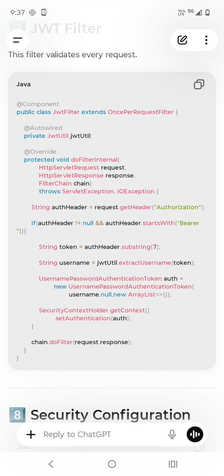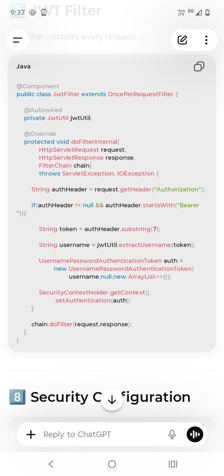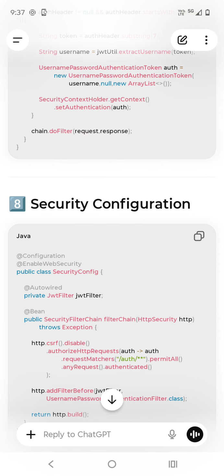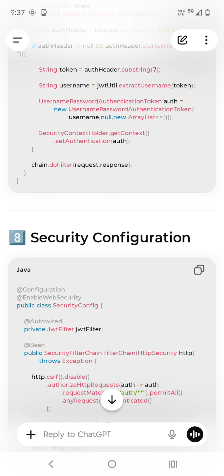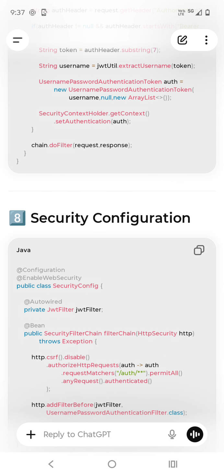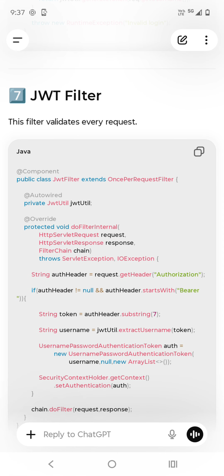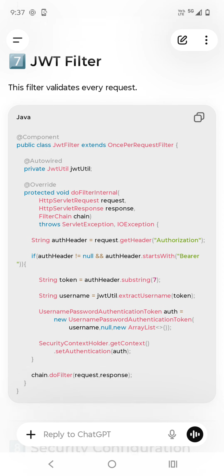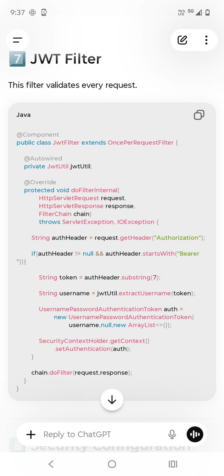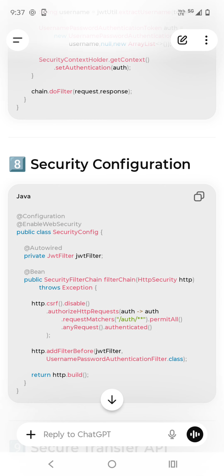and the token, SecurityContextHolder.getContext().setAuthentication(...), we are setting the authentication object. We are authenticating it. We are making sure this particular request has a bearer token, a valid token, and we authenticate it. Getting it right? So that is why this filter validates every request. You can see the JWT token, it validates every request.